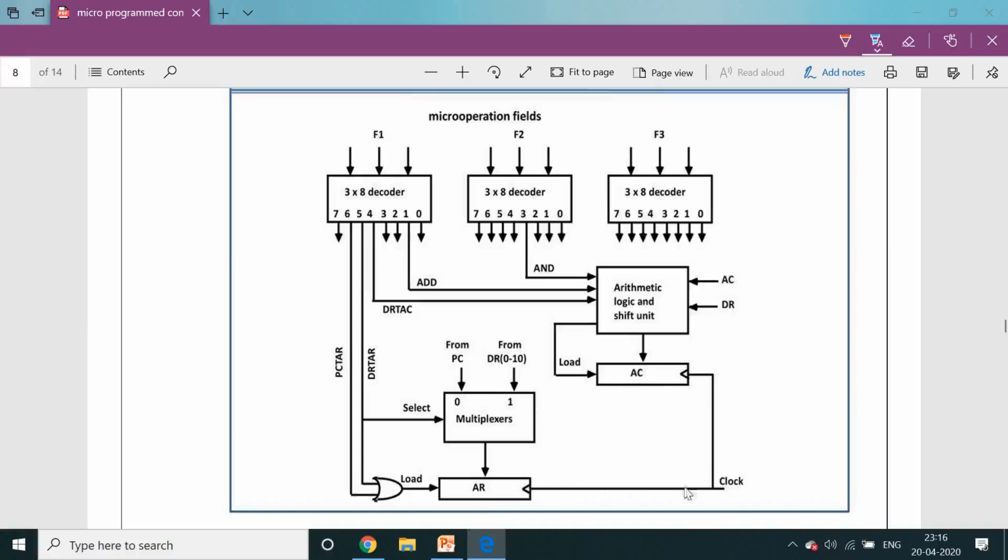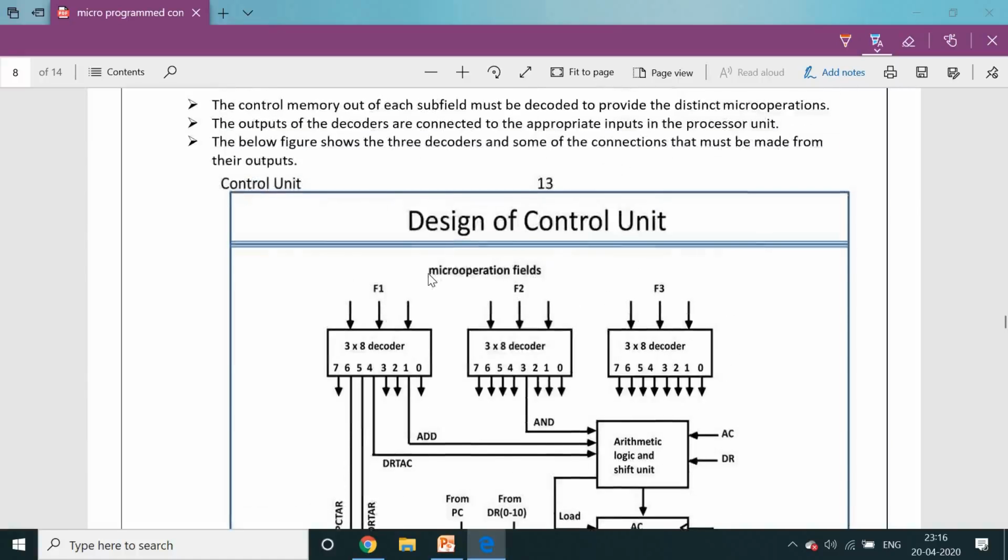The clock is initiated. After the clock signal is received, AC receives the binary information from ALU to AC. AR holds those 11 bits from PC to AR, or DR to AR, after receiving the clock. This is the way we perform the micro operations inside the computer.